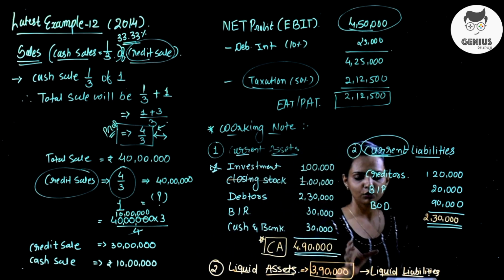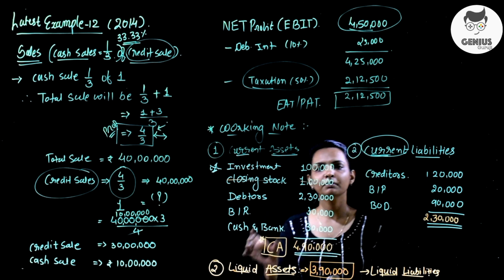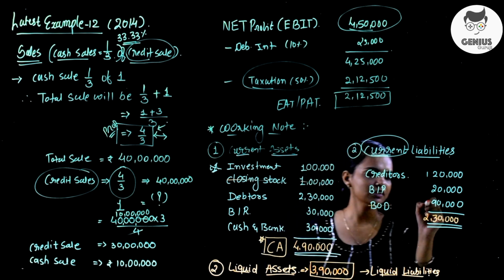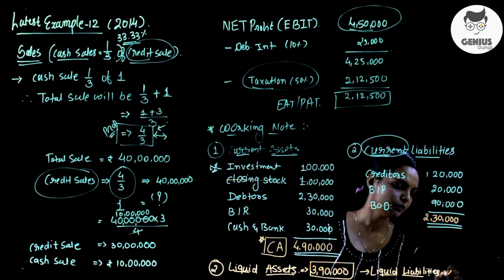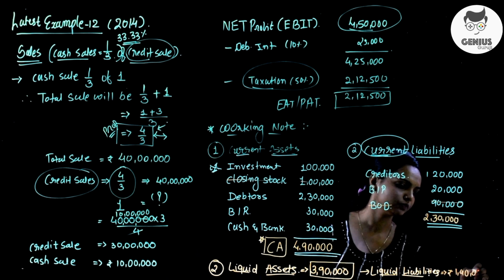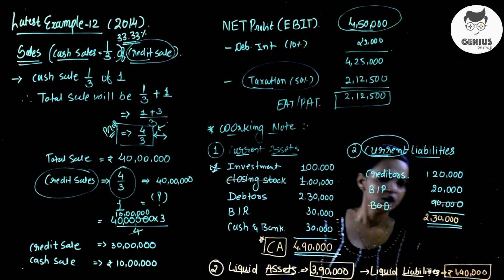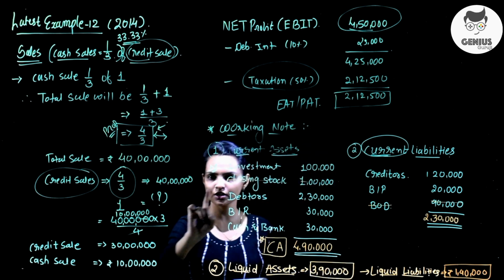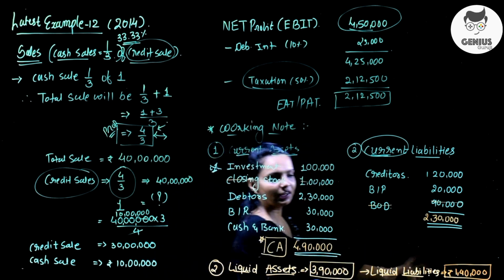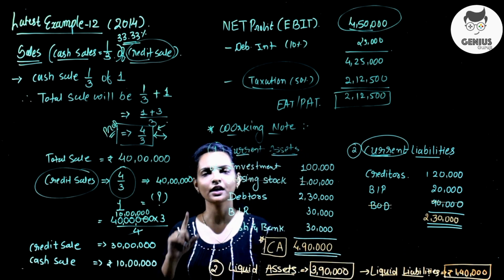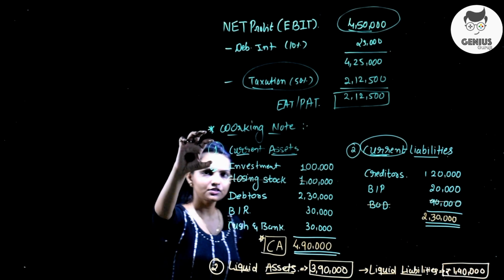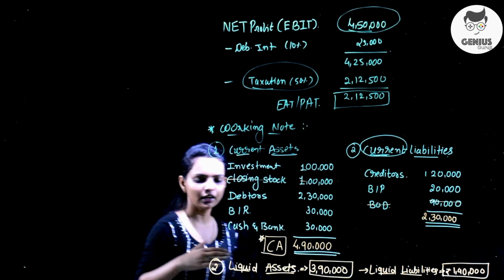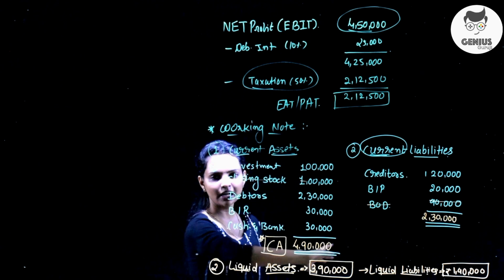Now, what to do about liquid liability? Liquid liability means your bank overdraft will be cancelled from current liability. That's known as liquid liability, and it will be rupees 1,40,000. Okay, so two main pieces of information are given. First is current assets and current liability, our first ratio. Number 2, liquid assets and liquid liability for ratio number 2, that's known as liquid ratio. See, in first ratio we must conclude current assets and current liability. This is calculated. Now for number 2 ratio, liquid assets and liquid liabilities are given.